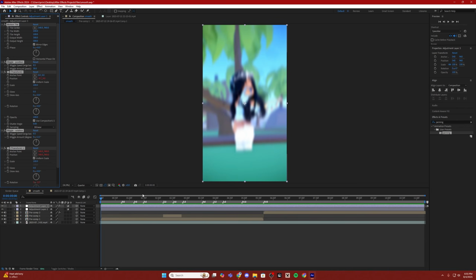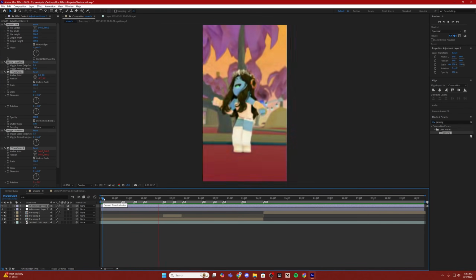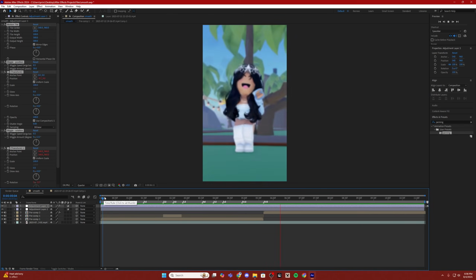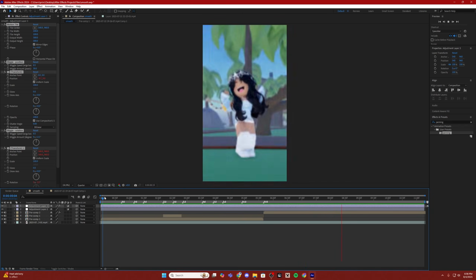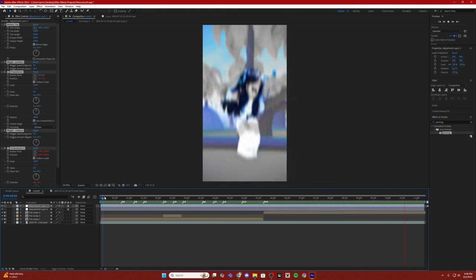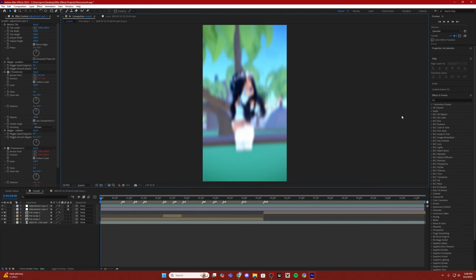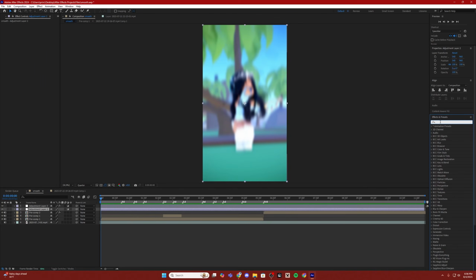So this is my panning. It's pretty simple. Yeah, pretty simple, pretty subtle, but it just adds so much character, I feel like, to the edit. Movement is very good in an edit. I love movement. Now for my looks or my coloring, I do use Magic Bullet Looks, so you will need